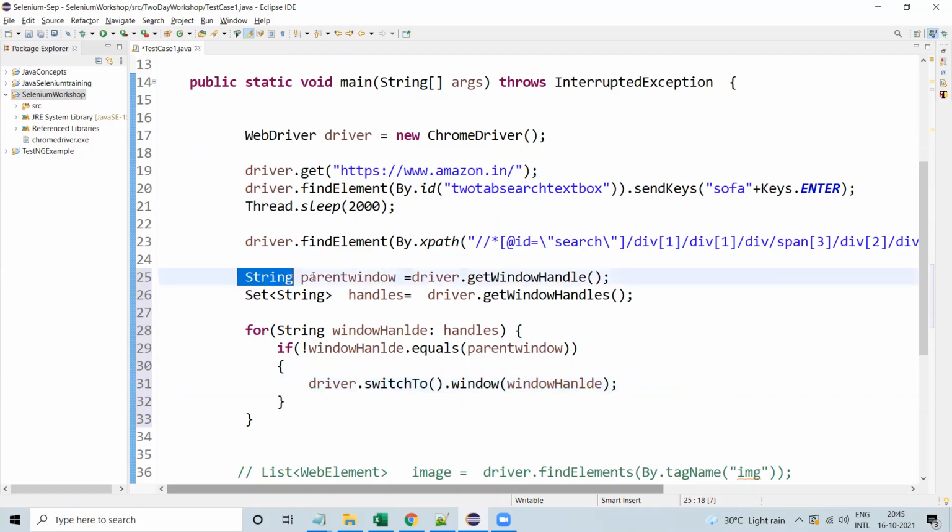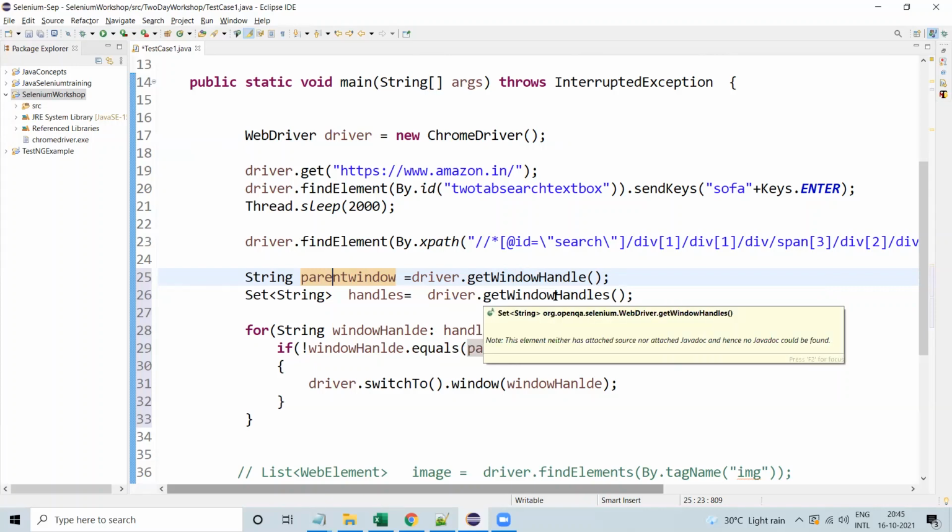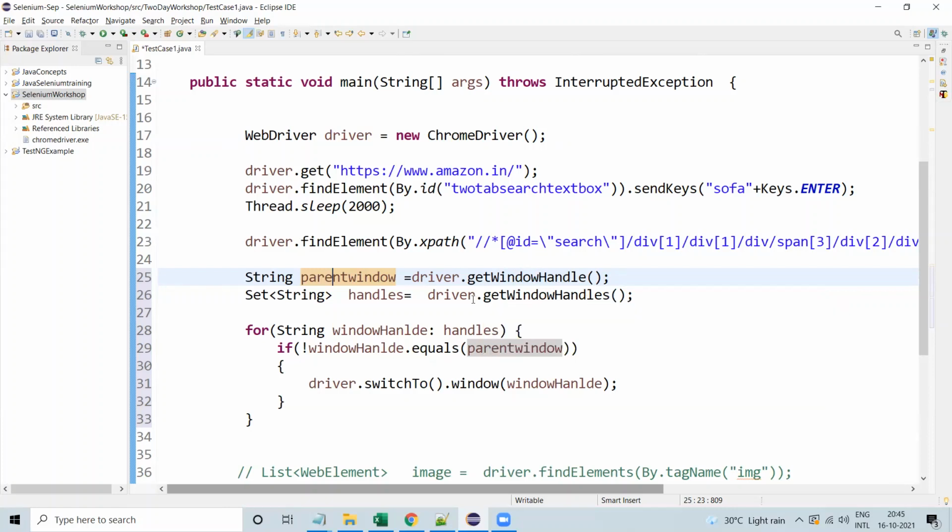What we have written: using the driver reference variable, we get the window handle with the getWindowHandle method and store it in parentWindow. Then, as we have multiple windows, we use the getWindowHandles method and store the handles in the handles variable.